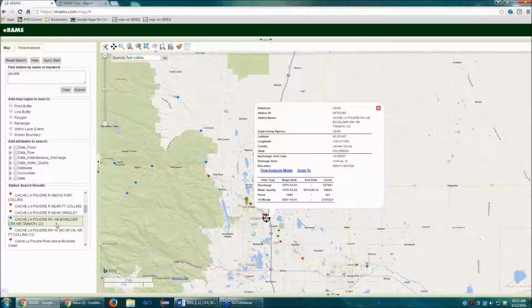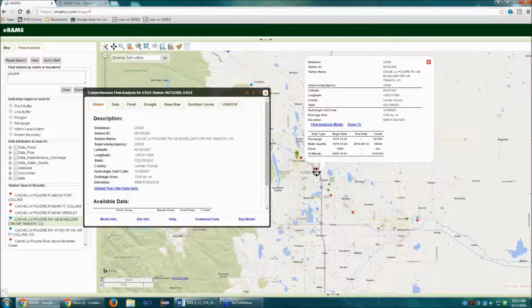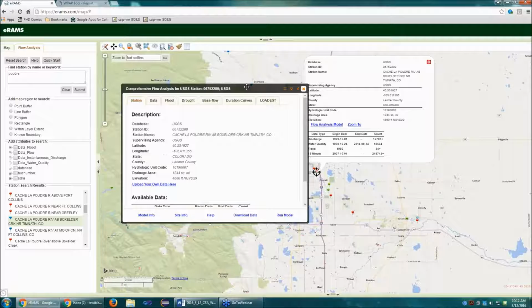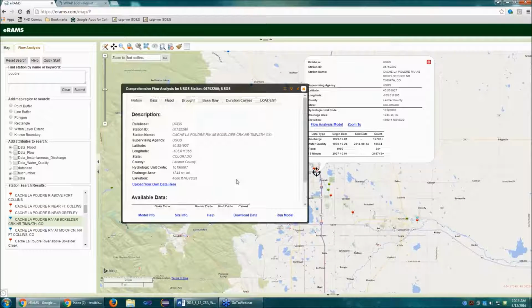When you find a site that you're interested in, you can click on it and you'll get this nice little summary of who it is, where they're at, where it actually is on the river, and a little data summary of what sort of data was available a couple years back when we did a full summary of these different databases. But the cool part of the flow analysis tool is right here in the flow analysis model part. The actual heart and soul of the tool itself is the analyses. So again, it starts off with that nice little summary of all the different station attributes and that data summary, but you can actually start digging into analyzing the data that's available for this site. One thing that we've added on top of this,